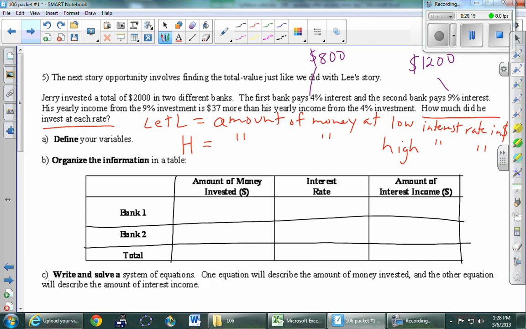It's just numbers. Somebody we haven't heard from today, which is the easy column? Ben, interest rate. It's given, it's numbers. I'm going to go ahead and call the first row the low interest rate and the second row the high one. Again, you can swap those. So what is the interest rate at the low bank? 0.04. Make sure you do not put 4 there. You have to convert that to a decimal. At the high interest rate,